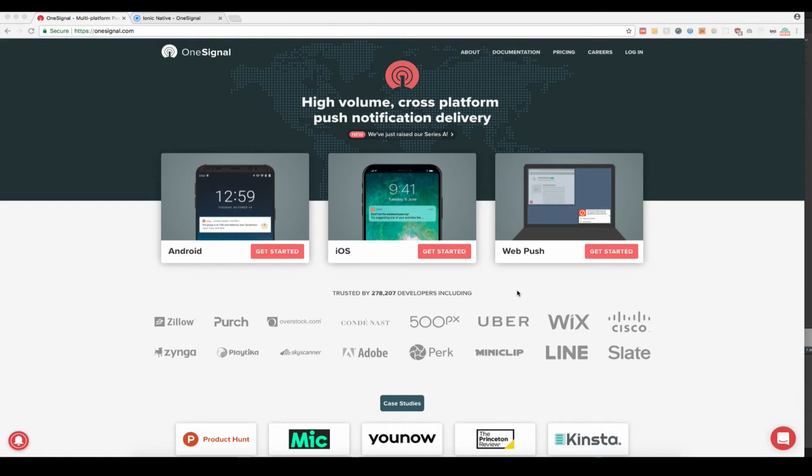Hey everybody, today we're going to look at push notifications and how we can integrate them into our Ionic application. You can see up here we have OneSignal up, and OneSignal really is the plugin and framework of choice. When adding push notifications into our application, I've personally used OneSignal to integrate push notifications into iOS, Android, as well